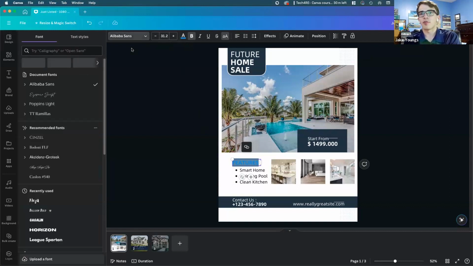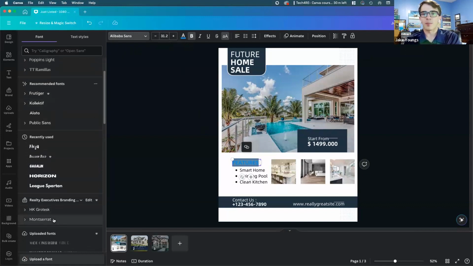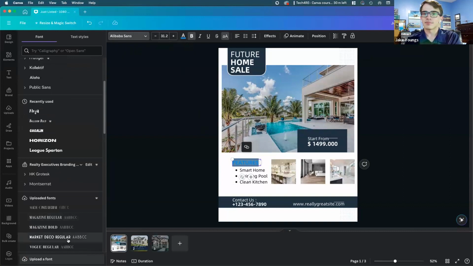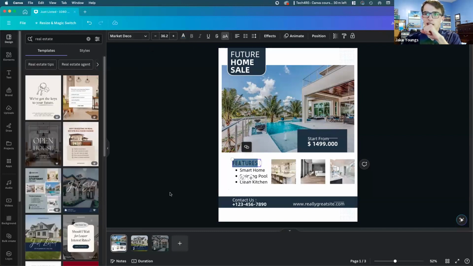So let's say I want to go with a font that maybe is a little bit bolder, or I can pull something out of my branding kit. I'll go with, let's say, my Market Deco font in this case. It usually is kind of a little bit clashing in my opinion, so I probably wouldn't go with that option. But for the sake of demo purposes, it gets the point across. And then I can bump up the size a little bit if I really want to make that pop out. And then I'll come over here and I'll change that so that it matches this grayish blue right there. And boom, now it all matches up with the rest of the other dark blues that I've got in this